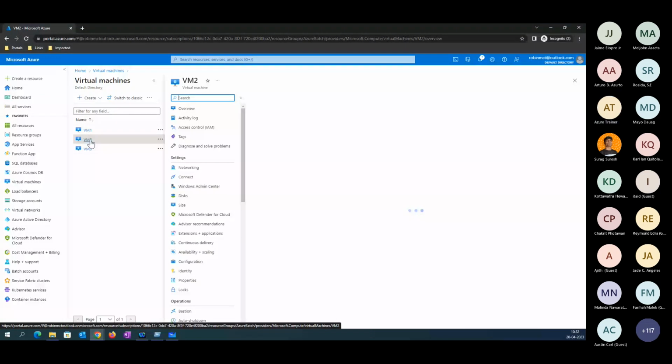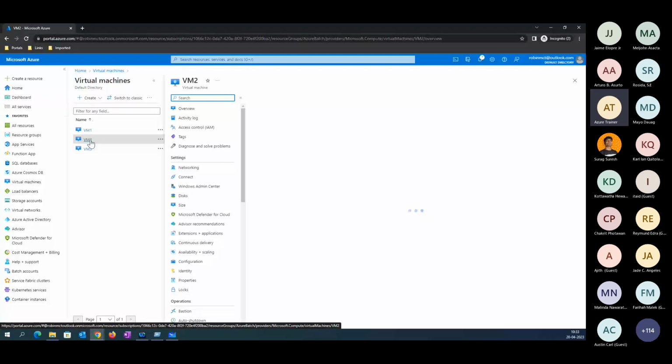You can see VM2 also attached to the same prod. It's been loading. Let's wait.